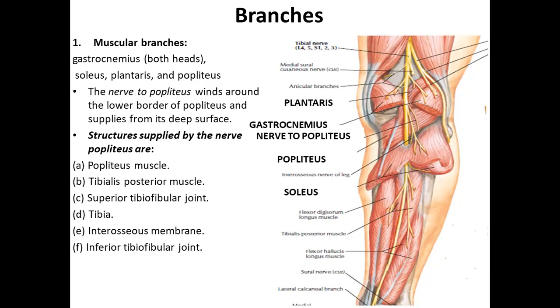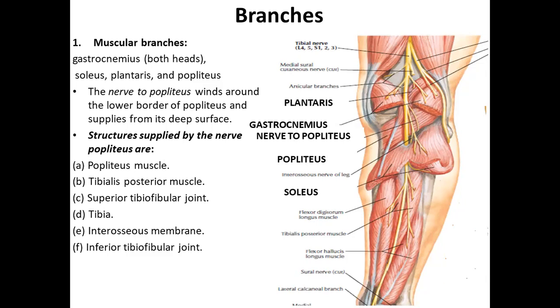Therefore, the lateral side of the tibial nerve is termed as the dangerous side, and the medial side is the safe side. Whereas in the sciatic nerve, you saw that the lateral side was the safer side. Okay? Now, another important viva question is that the nerve to the popliteus, this nerve that was crossing the popliteus and supplying it from its deeper aspect, in addition to this muscle, it also supplies some other structures.